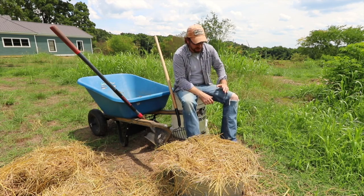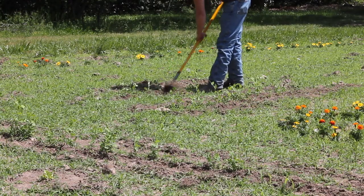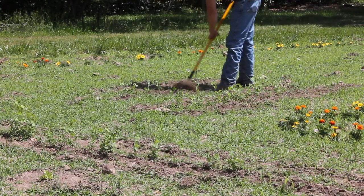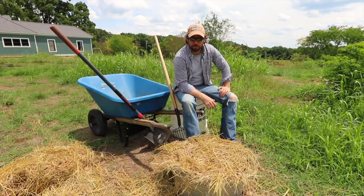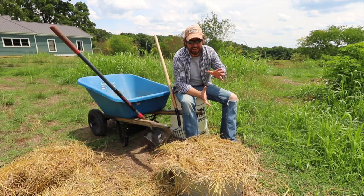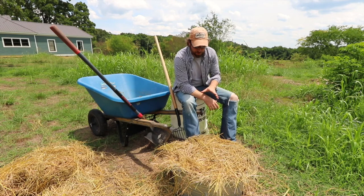But basically, this first garden was a complete disaster. We ended up having to move a camper right in the middle of it. So yeah, it's pretty non-existent. But today, I have some sweet potatoes brewing here. And I say brewing because